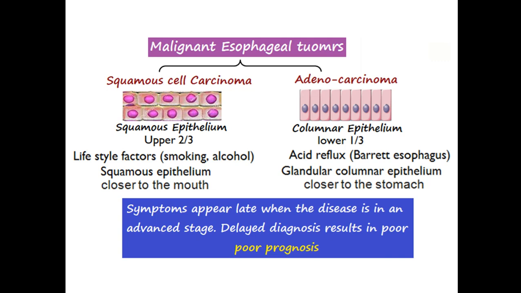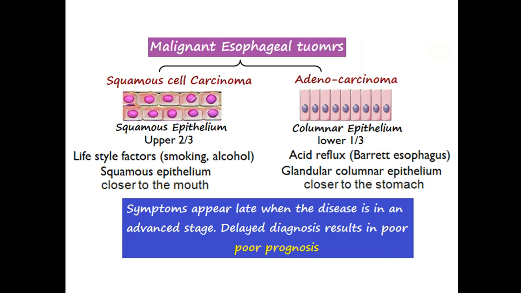And if cancer occurs in this situation, where the esophageal squamous epithelium is transformed into columnar epithelium, this cancer will be adenocarcinoma, which is a cancer of the glandular epithelium secreting mucus. So the squamous epithelium